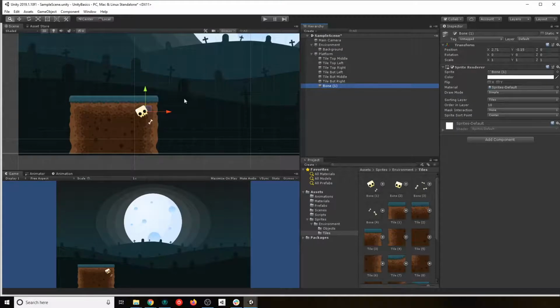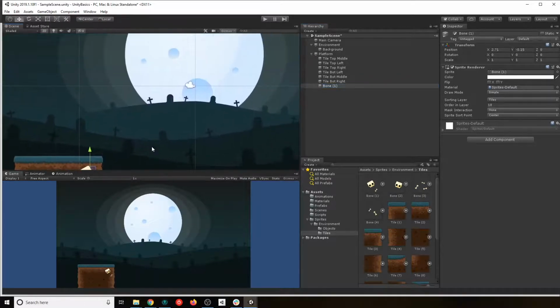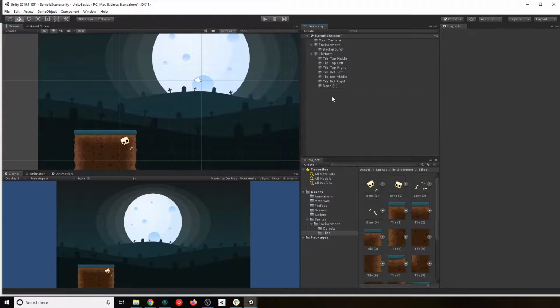But now this tile is just a piece of object. It doesn't work for our player. When we put our player, it won't know that it's a platform. There's no way that it knows that this is something that exists in the game. It will be just another image in the game. So we are gonna start covering something that is very important in Unity and is a huge thing that you will always use, and that's colliders.